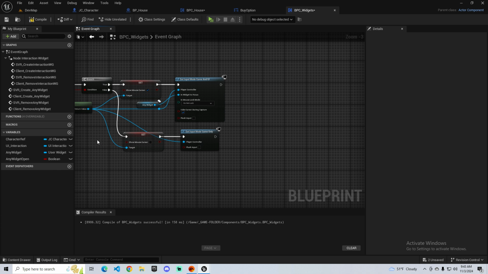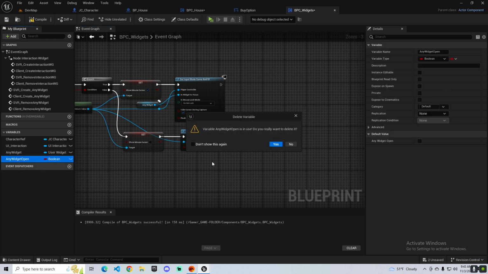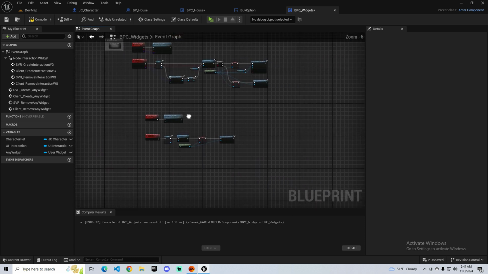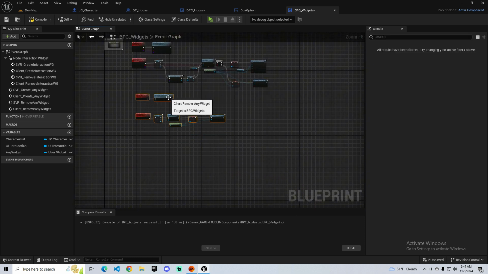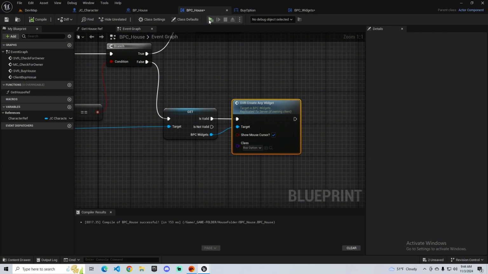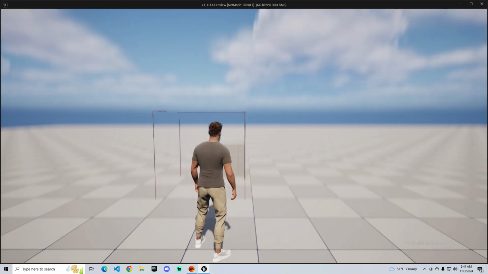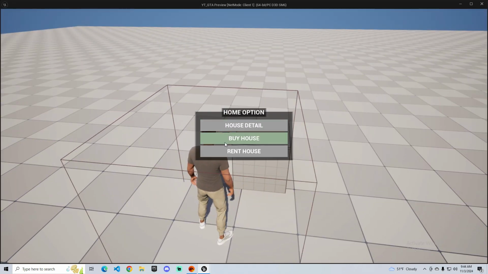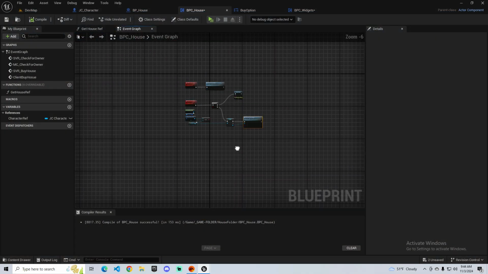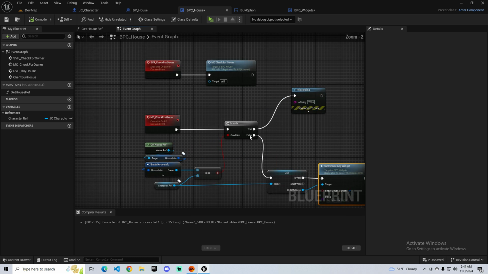And we don't need this. Yeah, so BPC house for turret. Create it. Yeah, anyway, we leave, we need to remove it. Okay, cool. So, but